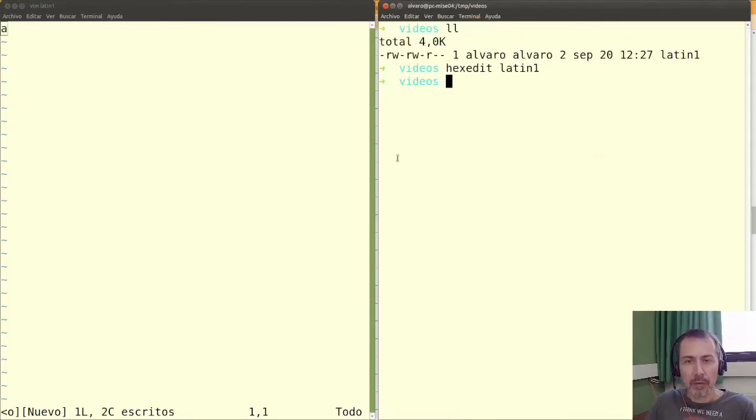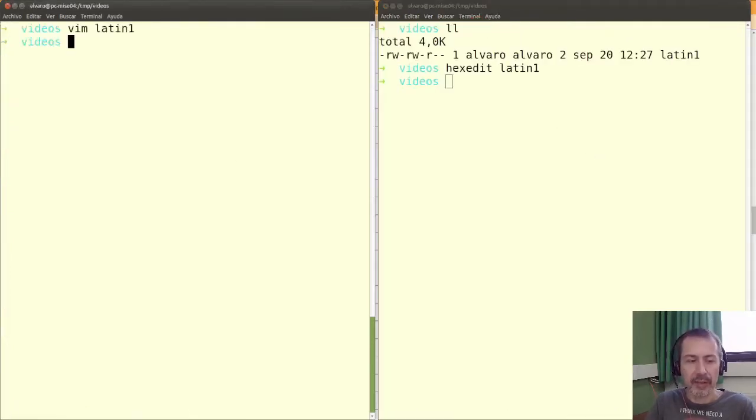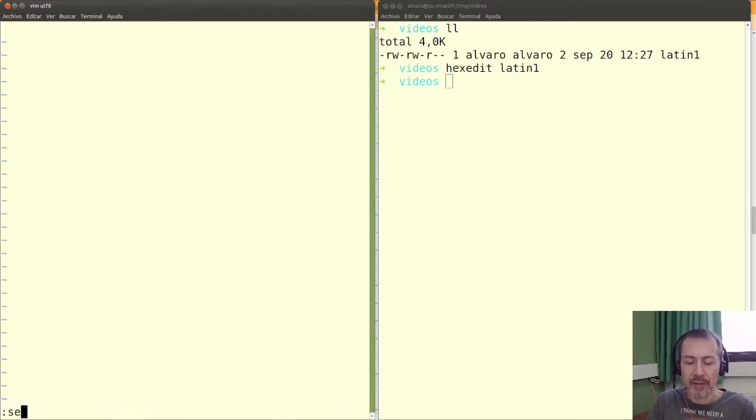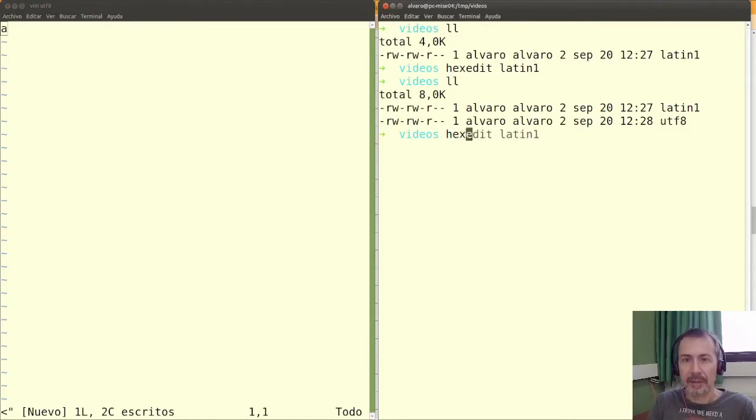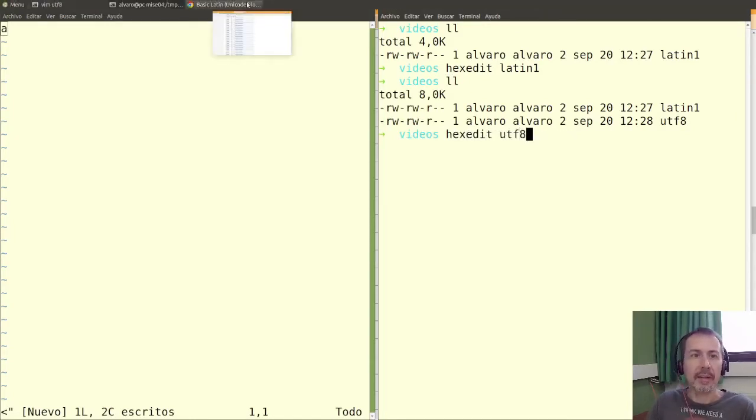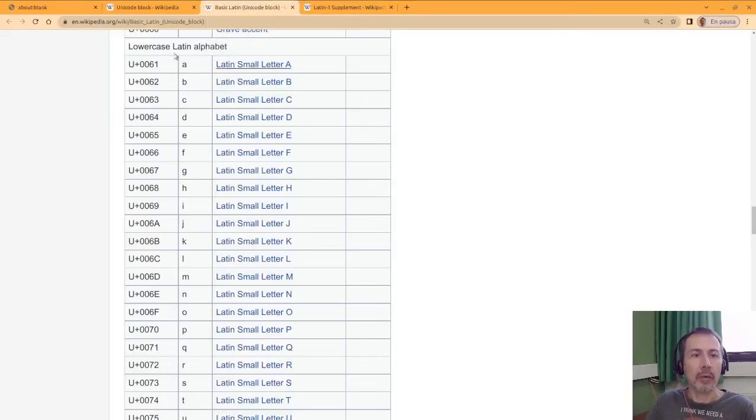Okay, now I'm going to use a different codification. In Vim, I need to change the encoding to UTF-8. I will write a name, and here edit. UTF-8. Remember that if we check the Unicode table, the code point for the lowercase letter a is